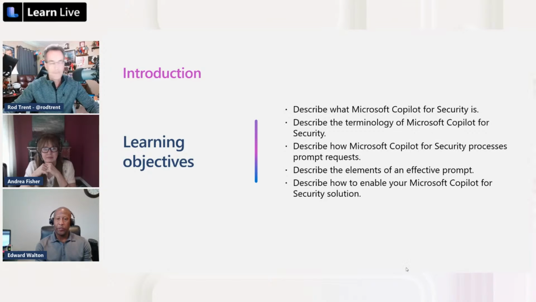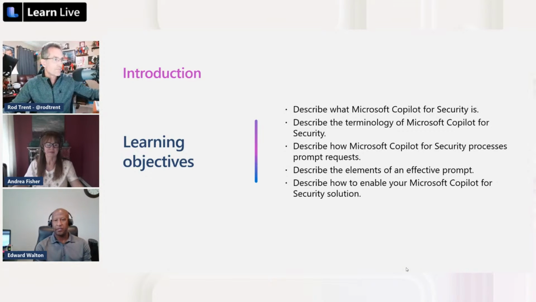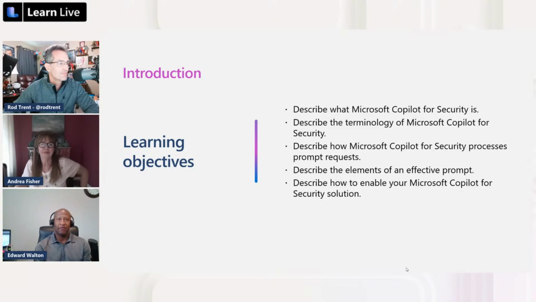Well, you missed one of the last learn objectives, the very last one, and maybe I was so busy processing the prompt. Describe how to enable your Microsoft Copilot for Security solution. I think maybe some people may not know that you have to go and turn it on, right? So it manifests inside your tenant or subscription, interchange the terminology at your leisure. But yeah, you have to go turn it on. It's not just automatically going to come on. I don't think you would like that if you did that, right?